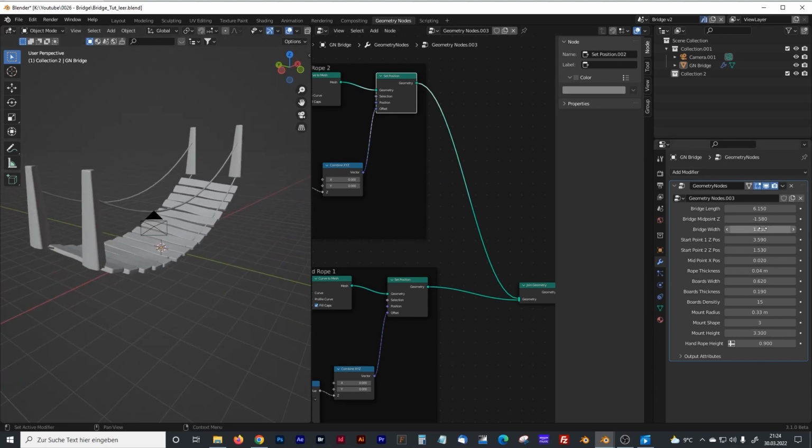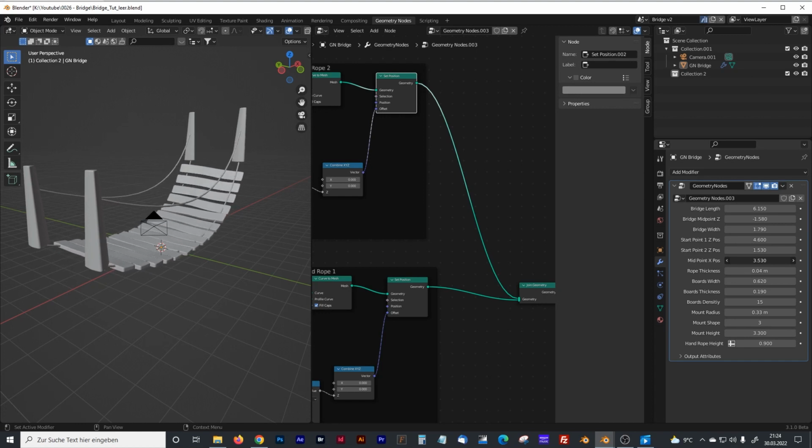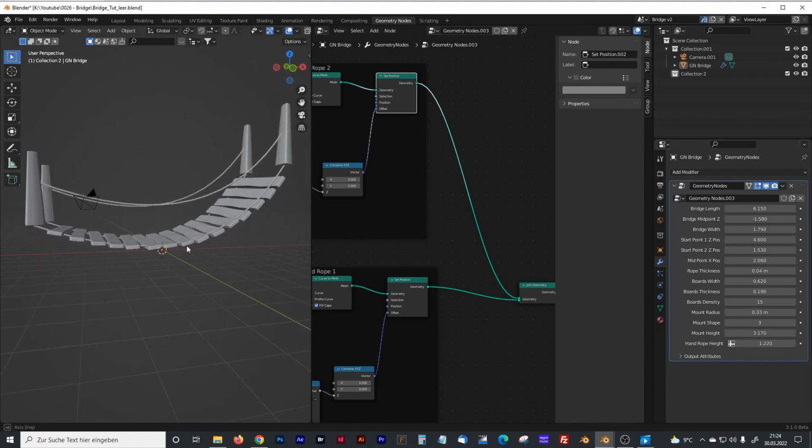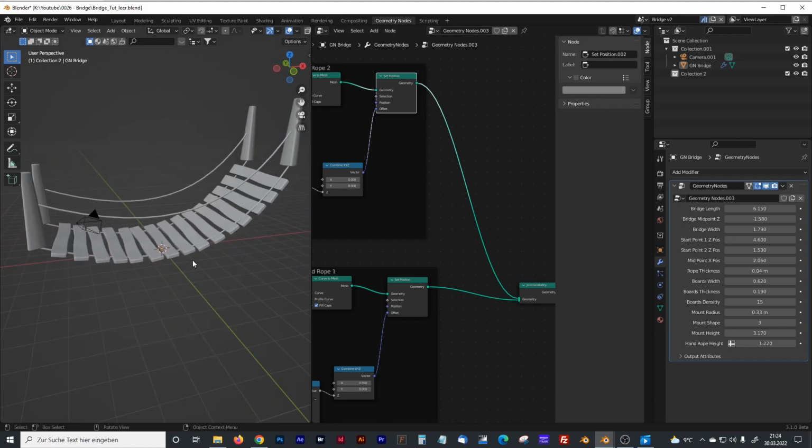Let's check if everything is working. That looks good. That looks good too. The midpoint changes perfectly. Let's change the mount height, and our ropes go automatically with our mounts, and we can change the height of our hand ropes. So next thing we are going to add is some